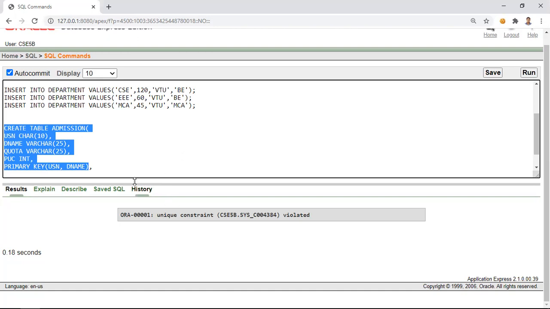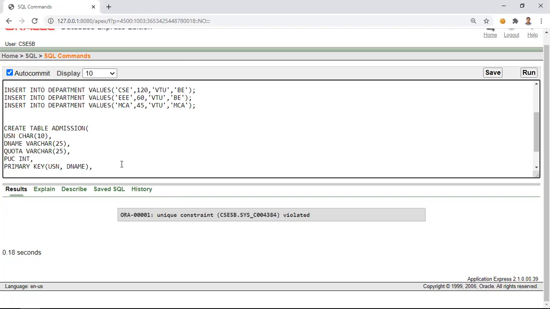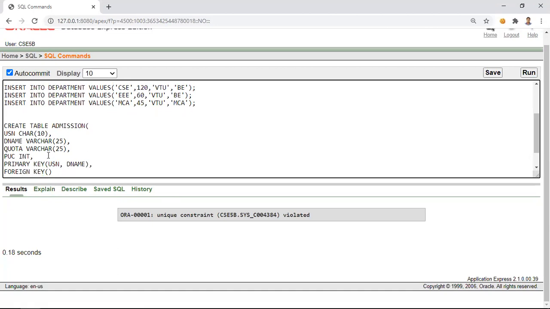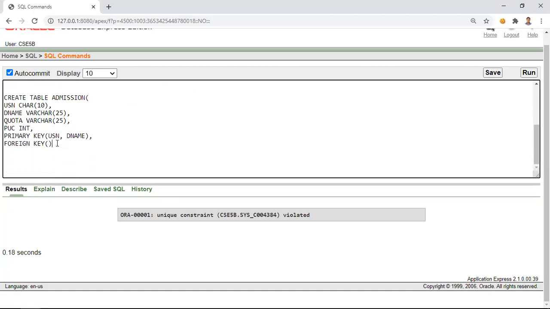So in order to link them, we have a concept called foreign key. Now we have to declare it. If we want to establish a relationship between tables, we have to use the keyword foreign key, and here we must specify which attribute.